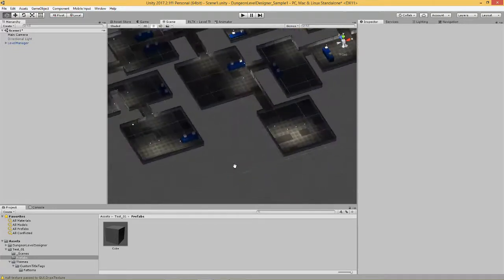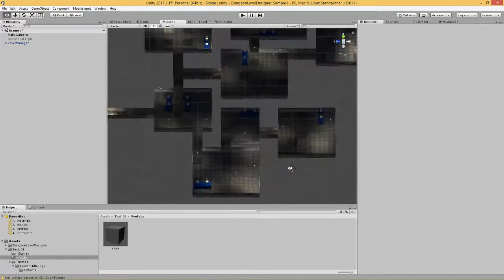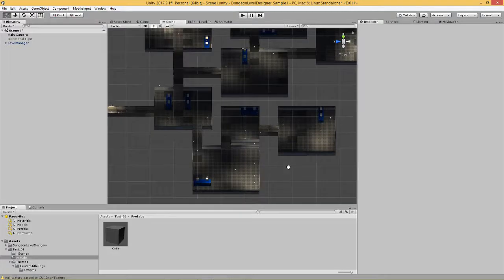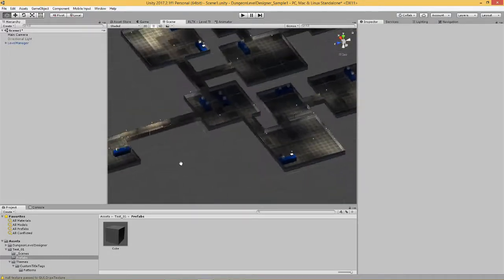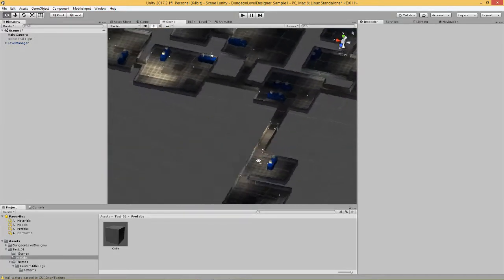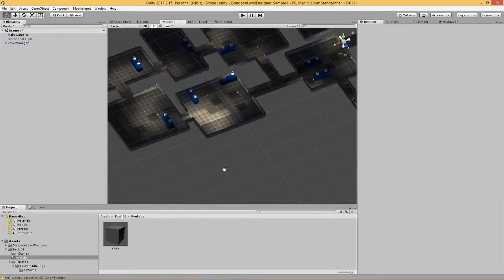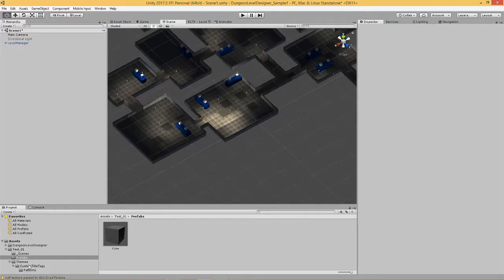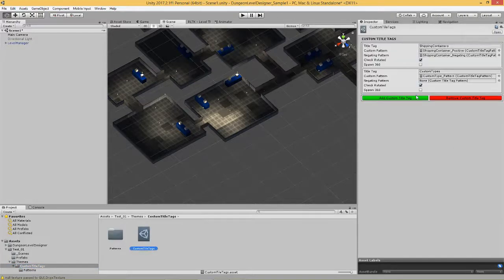Now, to give you a better example, let's say we wanted to place another type of obstacle in our permanent obstacle positions, but we did not want it to occupy these spaces that have been marked as occupied. So the way we would do that is come to our custom tile tags file and say,